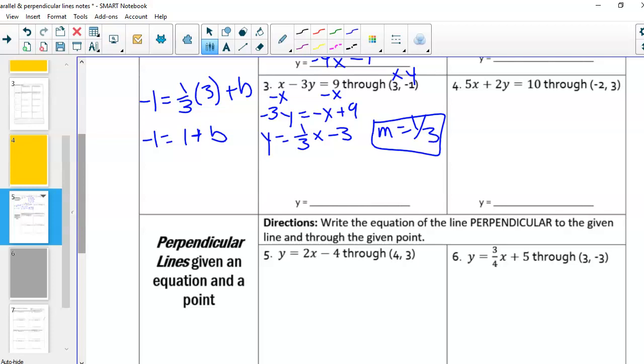When we subtract 1 from both sides, what is b? 0? It's not 0. -2. So you're subtracting 1 on both sides to get -2. What's your equation? y equals 1 over 3 x